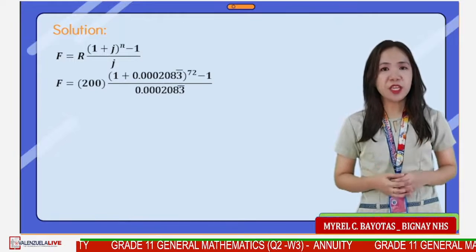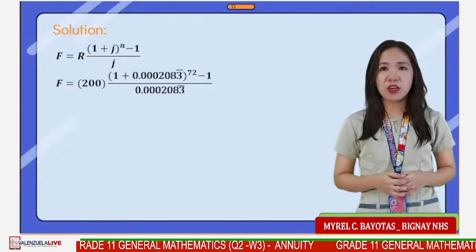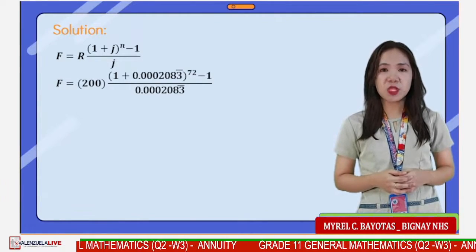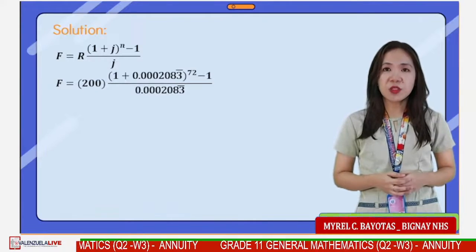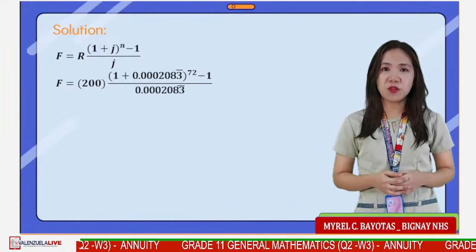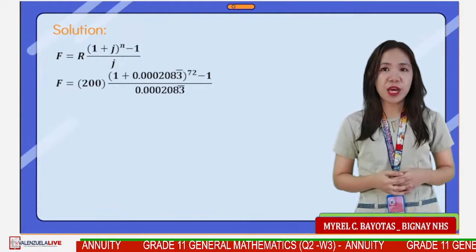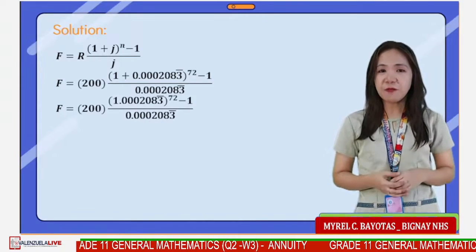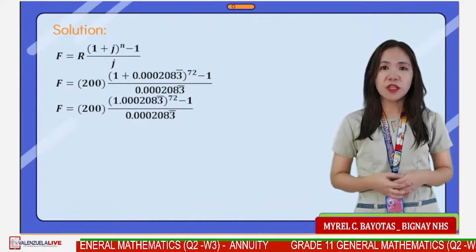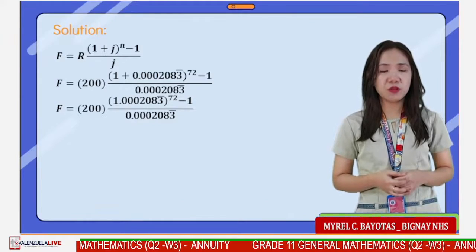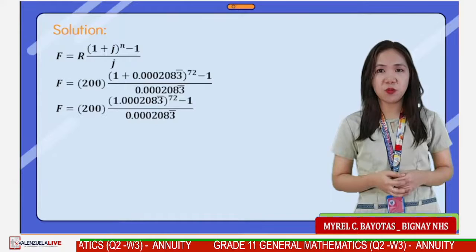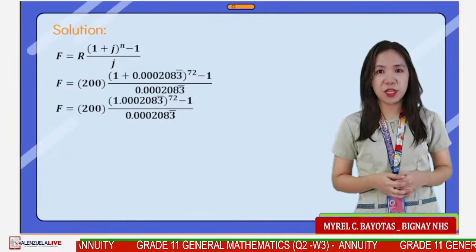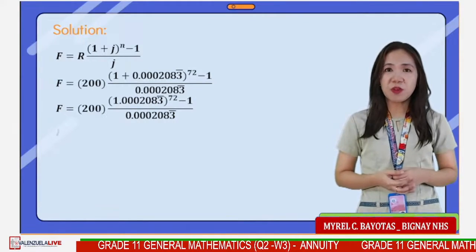We have F equals 200 times the quantity of 1 plus 0.0002083 raised to 72 minus 1 all over 0.0002083. Again, following PEMDAS, let's start by simplifying what's inside the parentheses. That is, F equals 200 times the quantity of 1.0002083 raised to 72 minus 1 all over 0.0002083. Then, simplify